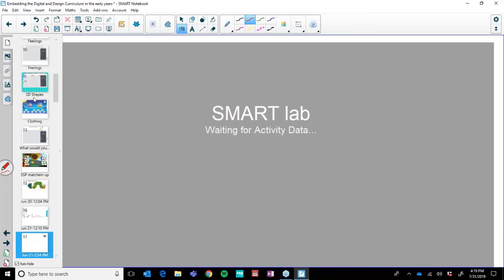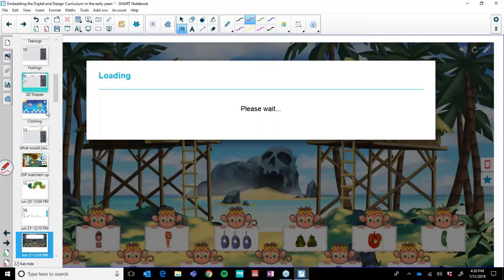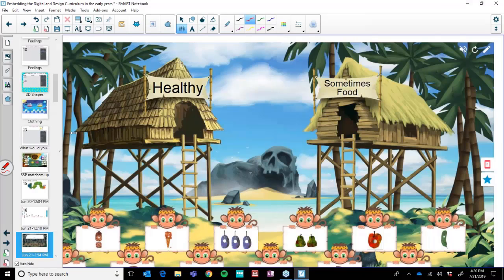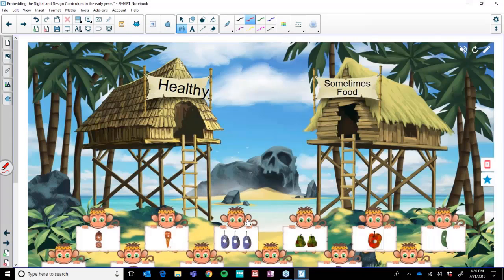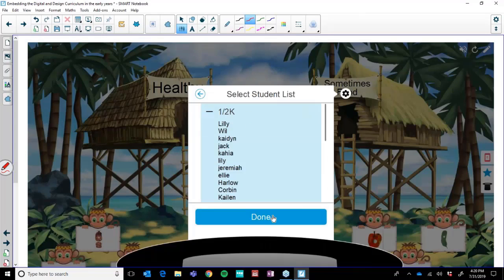This next activity, so these are a few activities that we had done together or they had built themselves. So as part of this unit, we started doing healthy, not healthy. That was a follow-on from our activity there, and that is just a super sort. Now, this is where we started using our randomizer sorting hat, where I showed you earlier, you can make a student list. Here's our 1-2K list class.